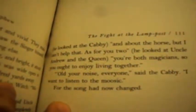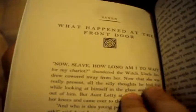And you can see how messed up this is. I've never seen a misprint like this ever. Right here, look, here's the top for chapter 7, What Happened at the Front Door. And then down here is the end of a chapter, The Flight at the Lamppost. So this is page 86. What Happened at the Front Door would be way back here. "Now, slave, how long am I to wait for my chariot?" thundered the witch. Anyway, I've never seen a book misprinted like this, and so I don't know if it's worth anything. Like, I went to...